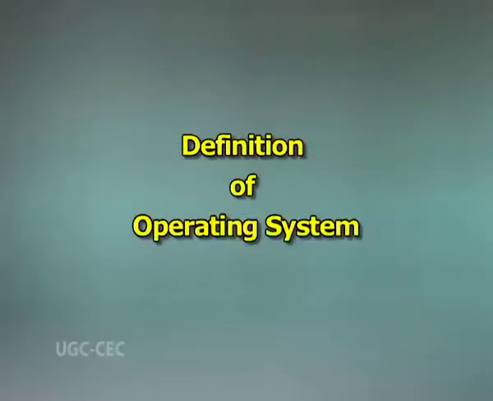The user interacts with the computer through the OS, then the OS interprets the inputs given by a user through the keyboard, mouse or other input device and takes appropriate actions. The purpose of an operating system is to provide an environment in which a user can execute programs in a convenient and efficient manner. So, what is an operating system?